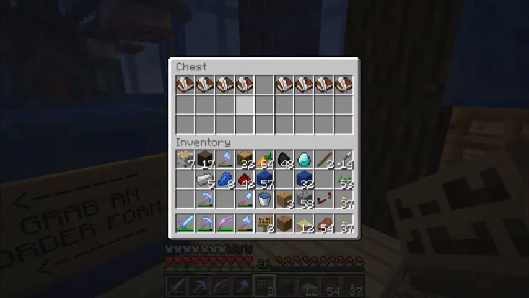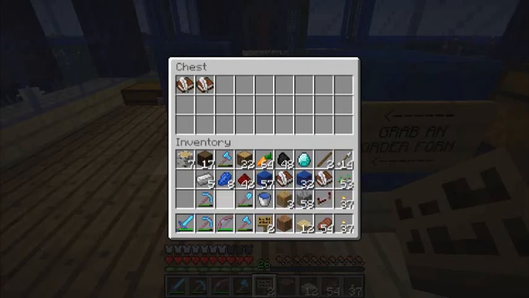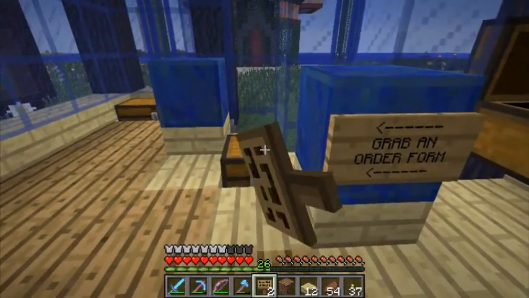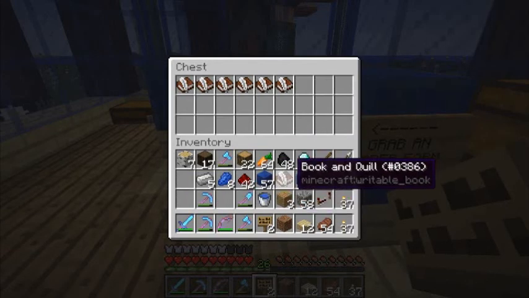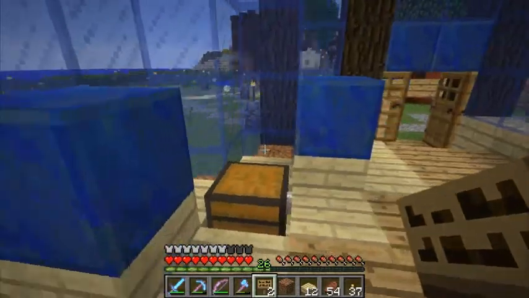And we'll move... Oh, there's a chest right there. It's okay, I need another chest anyway. And we'll chuck a bunch of order forms in here, as such. Like that. This is looking good. I'm really liking how this looks. And basically what they'll do...